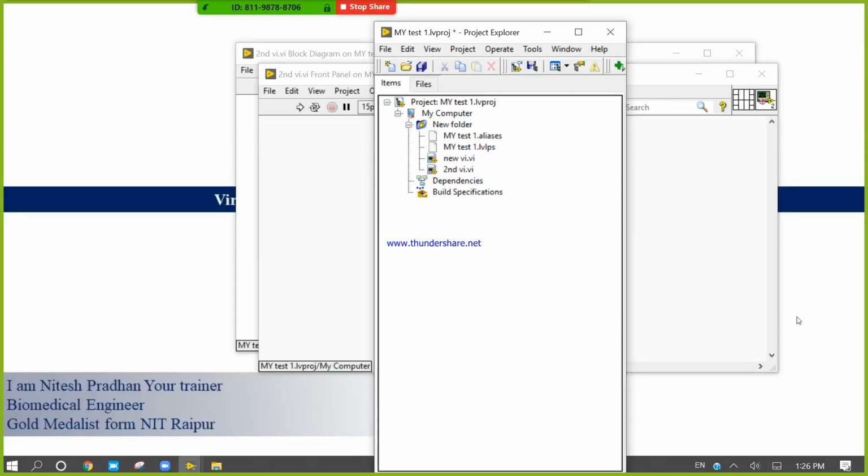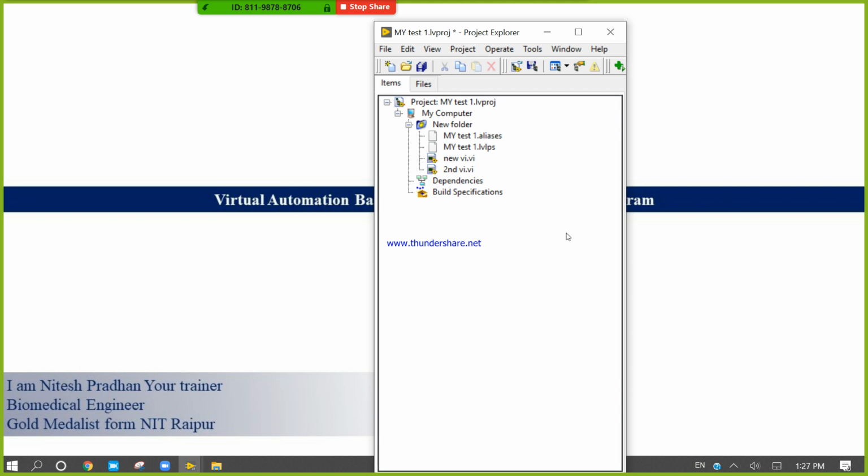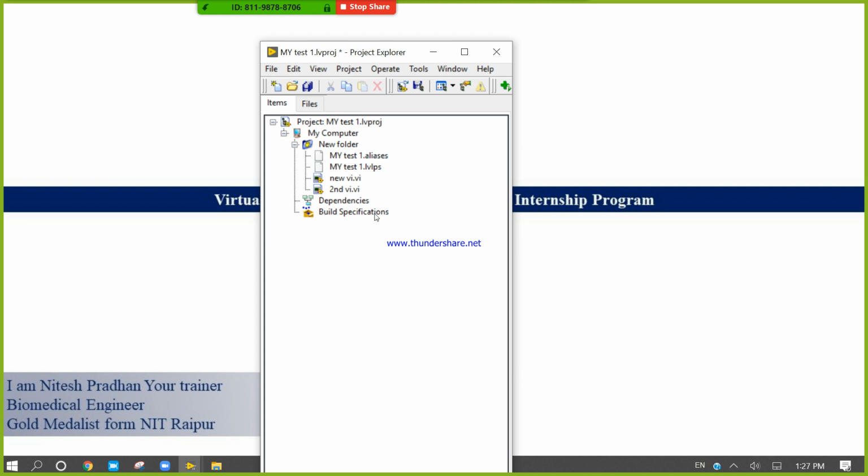So now here we are going to learn how to create projects, how to save, how to create a VI inside the projects, and how to create a virtual folder and convert it into an auto-populating folder, and how auto-populating folders work. Right. So if you want to close your VI, okay, and if you close your VI, you will not lose that VI if you are using this project.